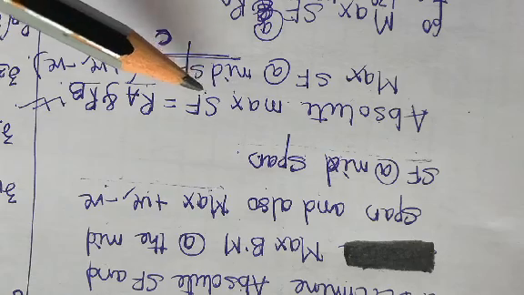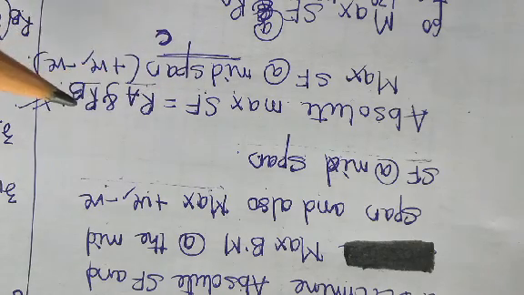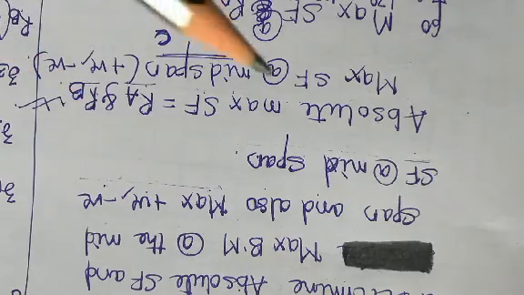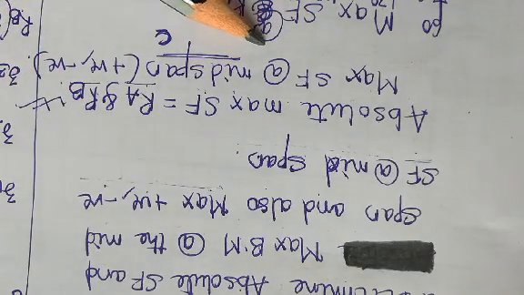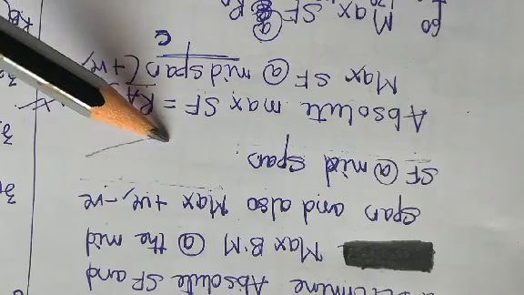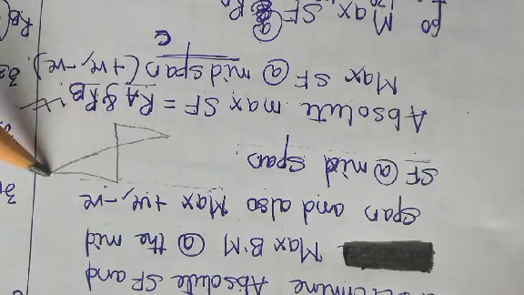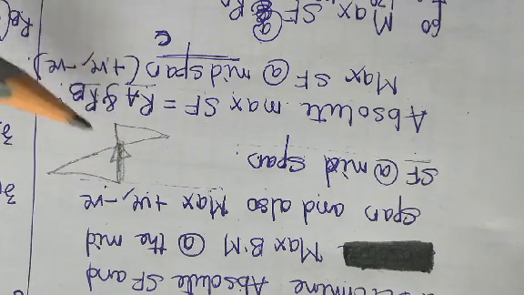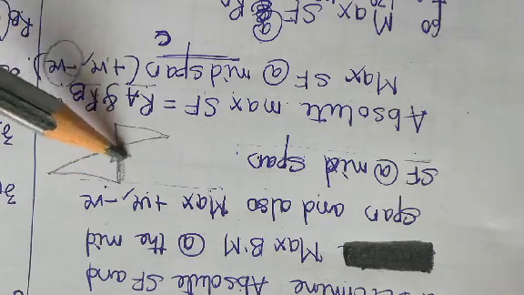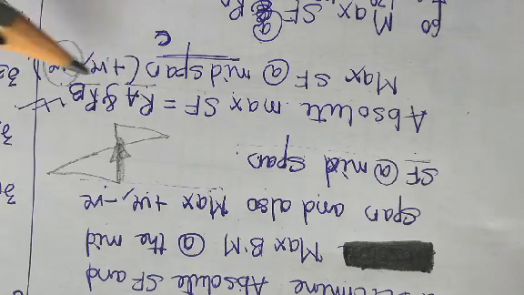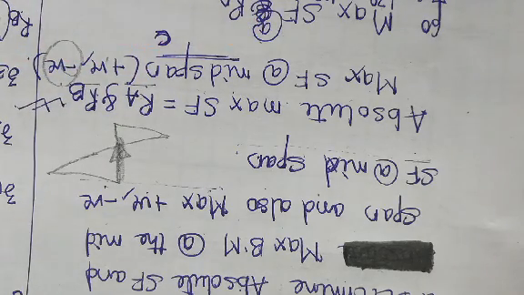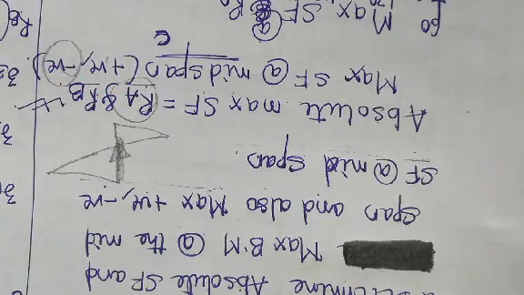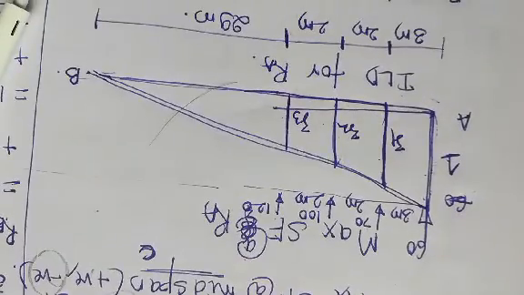Now absolute maximum shear force means what? Reaction RA and reaction RB. Correct. Maximum shear force at midspan means you will be having that shear force diagram being drawn like this. Now to get positive, the tail of the load should be on C. To get negative, the head of the load should be on C. While arranging like that, you will get the maximum shear force at midspan. So let us start one by one. Let us start with RA and RB, that is absolute maximum shear force.